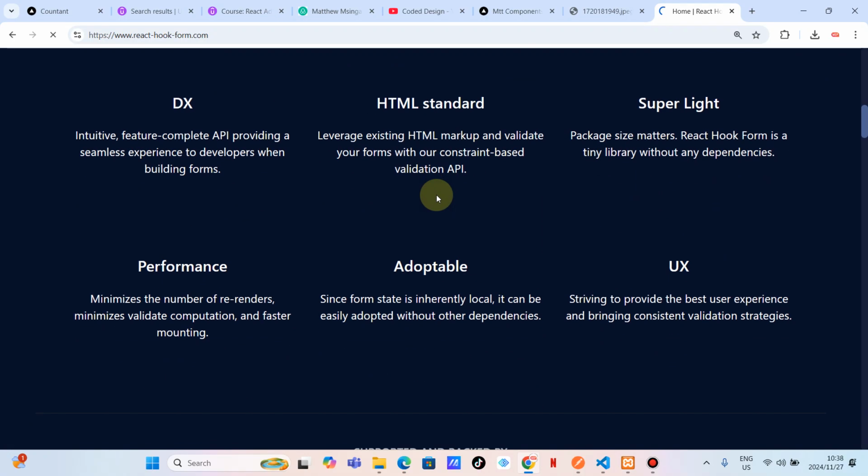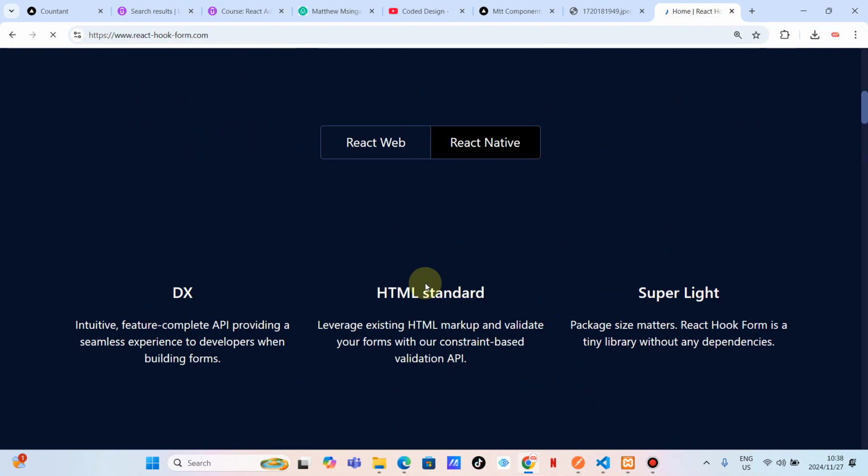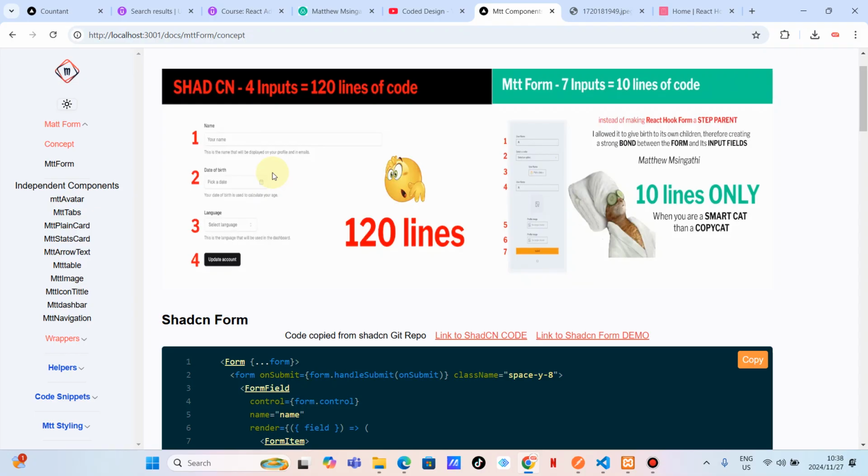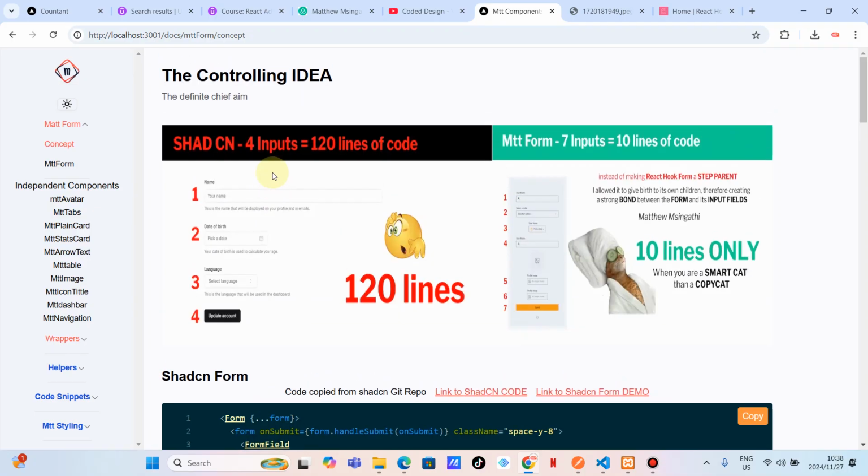So here is the page for React hook form. I don't know why it's not loading here, but this is React hook form. So Met form is some sort of an interface that wraps that to make it easier for you to use React hook form. And then on ShadCN, their own interface or their own wrapper,